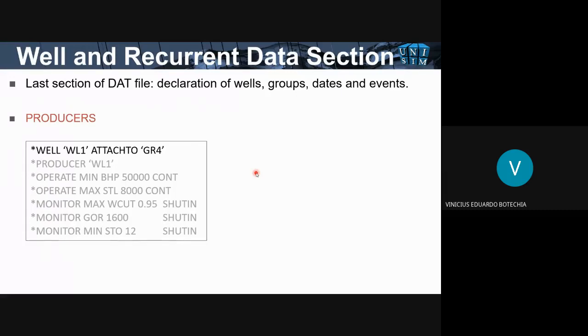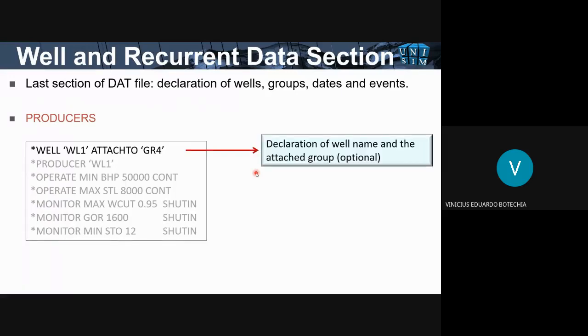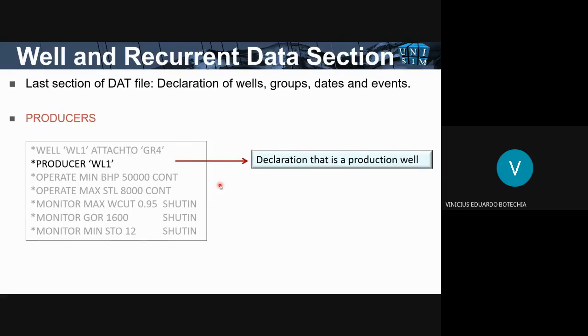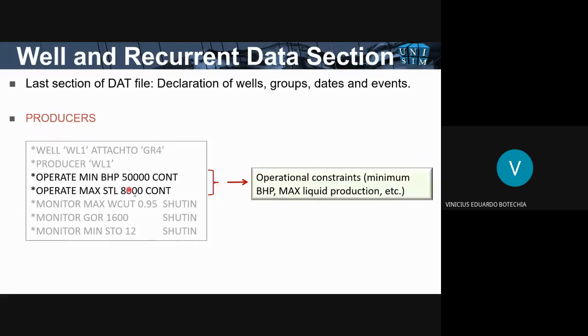First of all, we start by declaring the producer, and optionally you can link it to a group, right? So we declare the well name, for instance, well WL1 attached to group 4, and then we declare that it is a producer, and then we set the operational constraints.